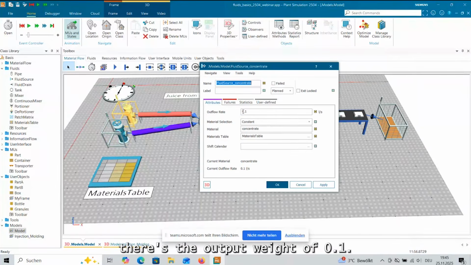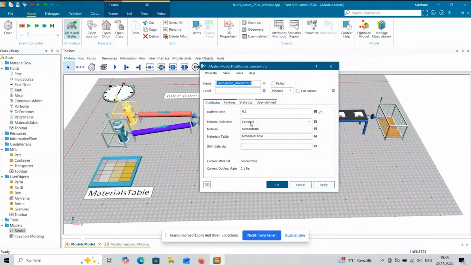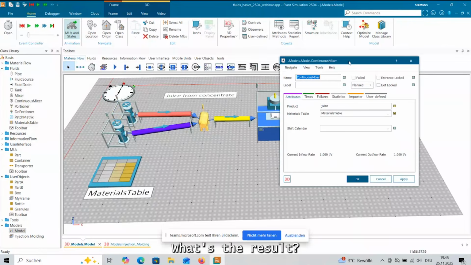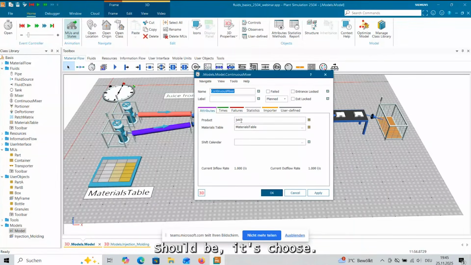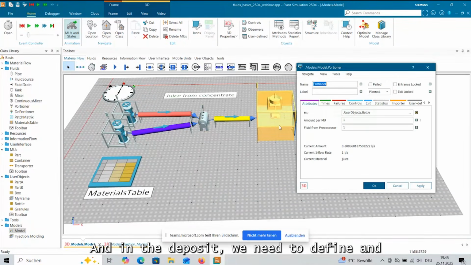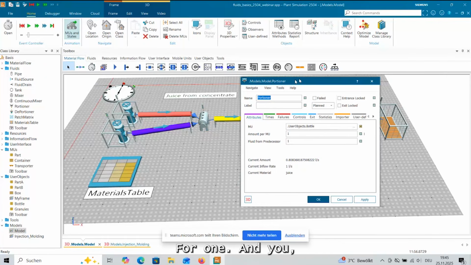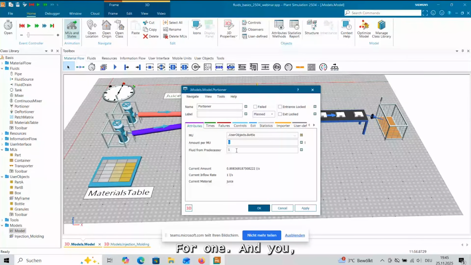There's the outflow rate of 0.1, material selection, concentrate. And here it's only what the result should be, it's juice. And in the deportioner, we need to define the MU we want to create and the amount of fluid we use for 1 MU. I hope now you see the dialogues.